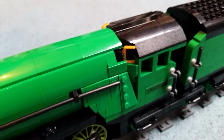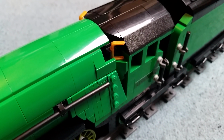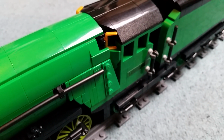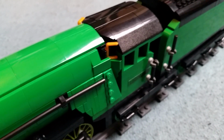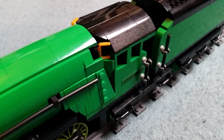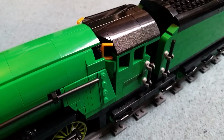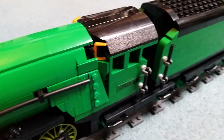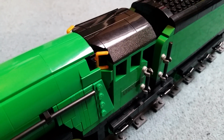The window at the top is much higher, but it's kind of stuck there anyways. So these are bucket handles, and also the spikes you get on samurai minifigure helmets. Thankfully I've got 2 in gold, otherwise I would have to go crazy online to try and find some. And it works. I mean, it looks really good there. I think, despite the fact that it's really high up, the design idea, again by British Bricks, is a really genius one,